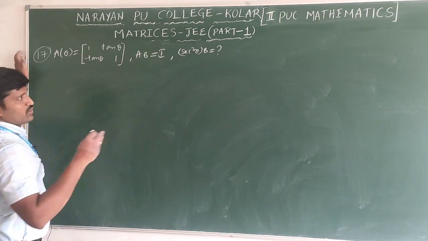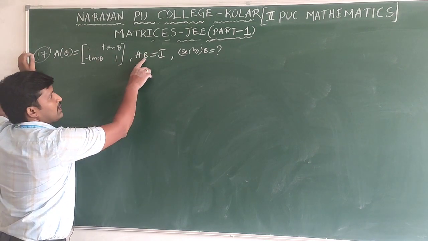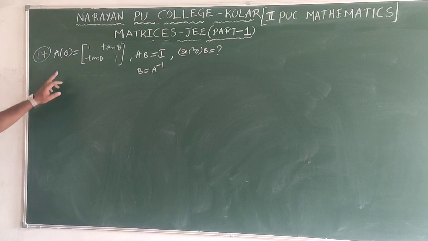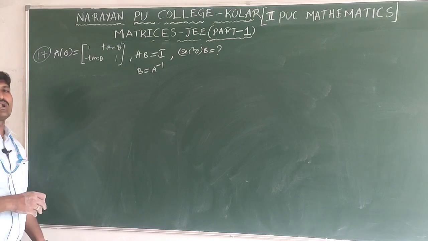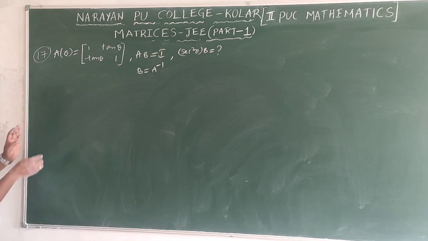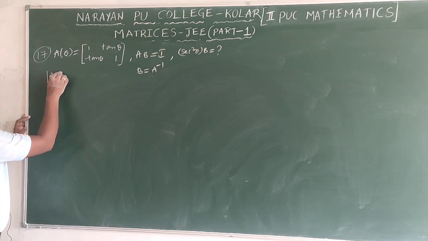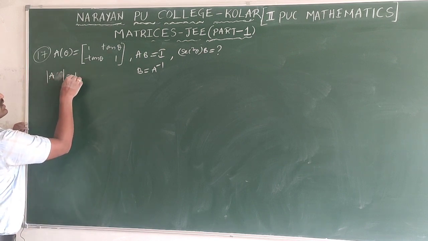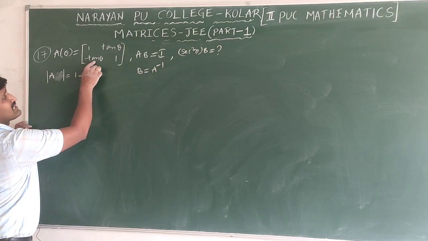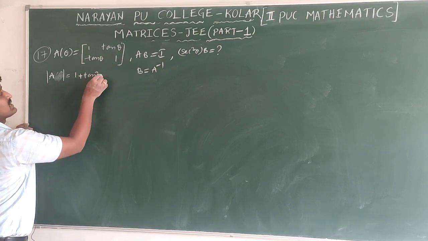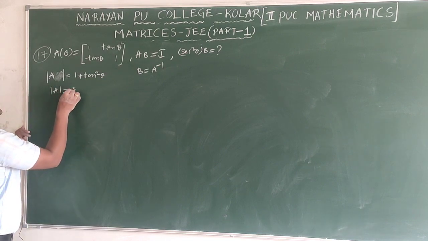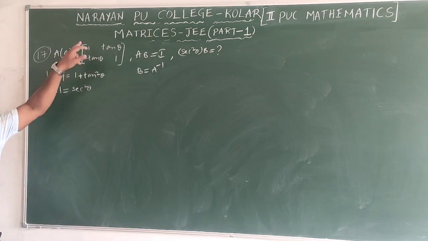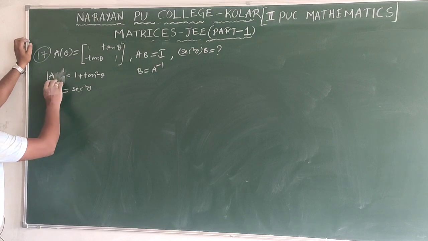Now, the B matrix we don't know. Now, A B equal to I means B is equal to what will you get? A inverse, clearly. We know the A inverse formula: 1 by det A into adjoint A. So, find det of A of theta, or det of A, no problem. That means what will we get? 1 minus of minus tan theta into tan theta, total plus tan square theta. That's why det A we got 1 plus tan square theta, whose value is what? Secant square theta. A D minus B C, det of 2 by 2 order means. Det A we got clearly.